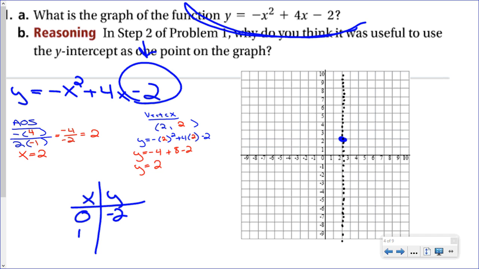If you plug in 1, you'd have to put it back into the original and then solve. So it'd look like this. I'm going to have to try to get off the side here. Y equals